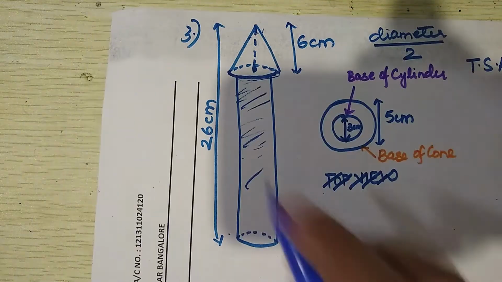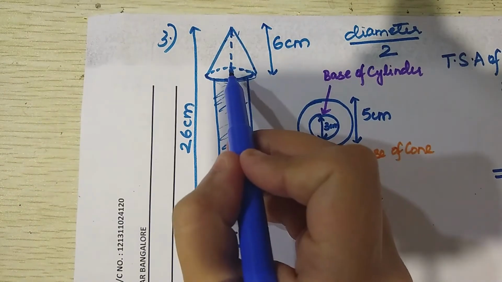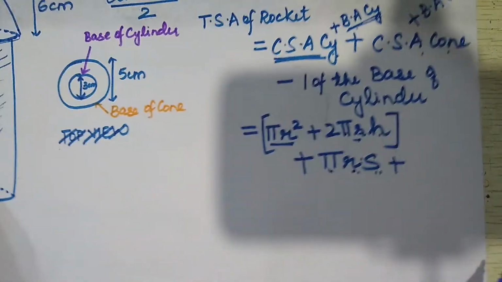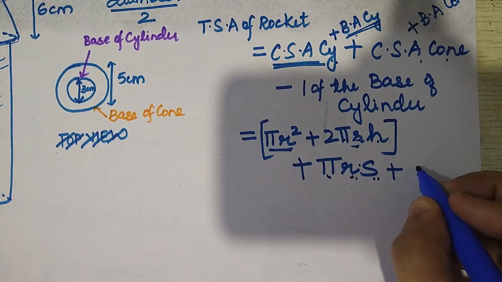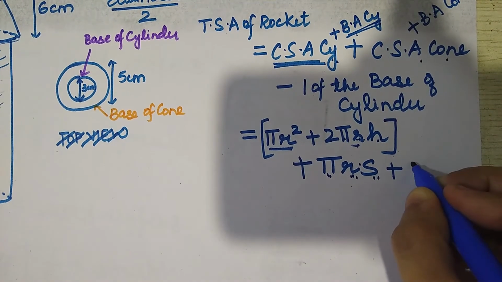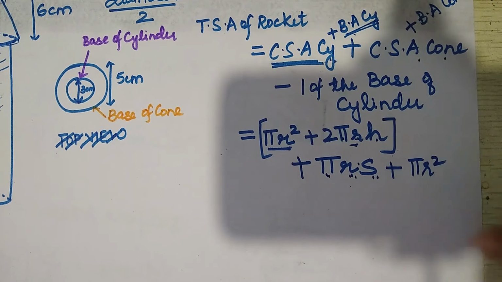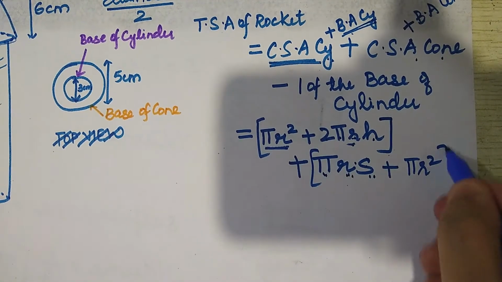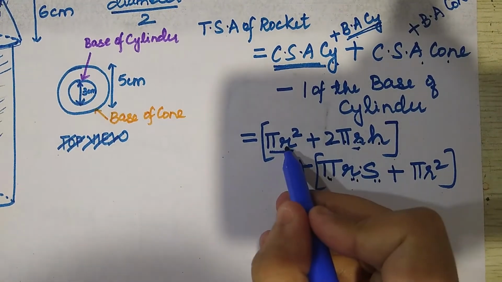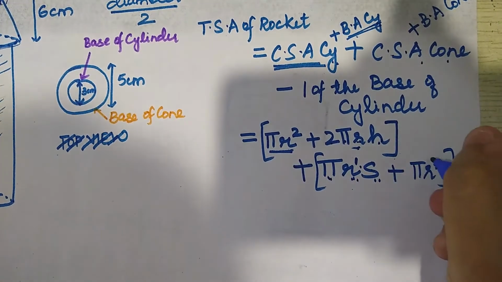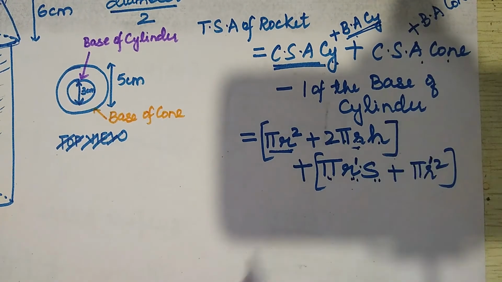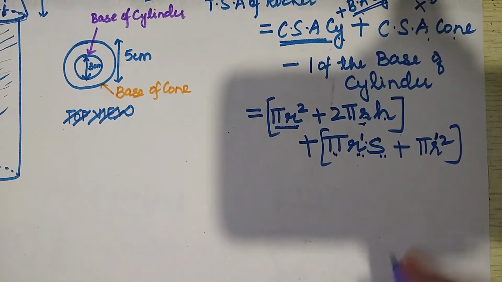What is the base area of the cone? If you observe here, it is a circle again, right? So for a circle, what is the area? Pi r square. So pi r square again. But remember, this radius here and this radius here is different, so I'll just mark them differently. I'll put a dash on top of it for you to be comfortable with it.